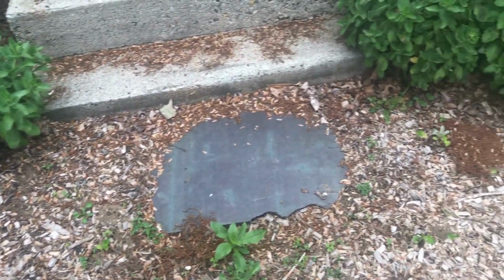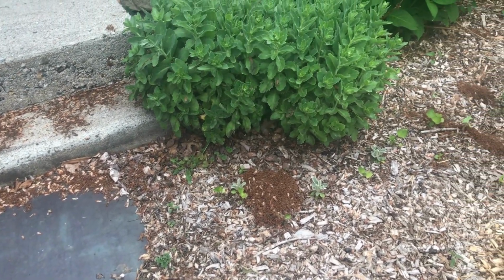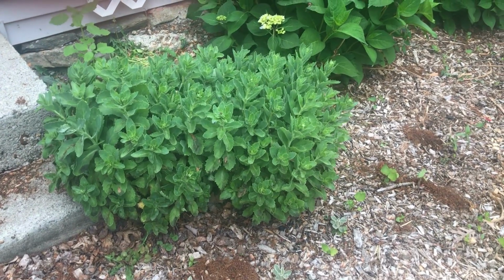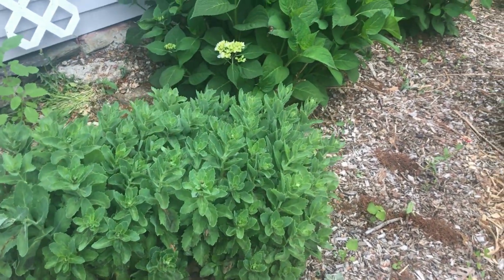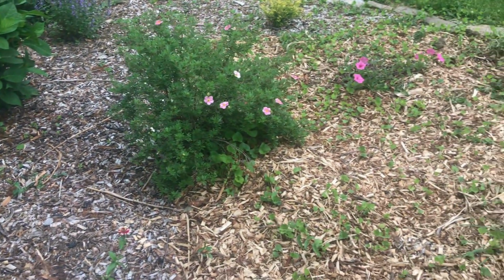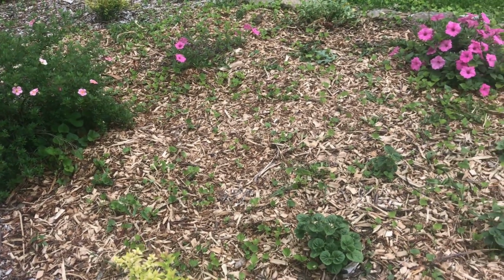Have some more autumn joy sedum here on both sides of the stairs. We actually don't use our front door because our house is really tiny. We use the side entrance for everything. I don't know why that matters, but